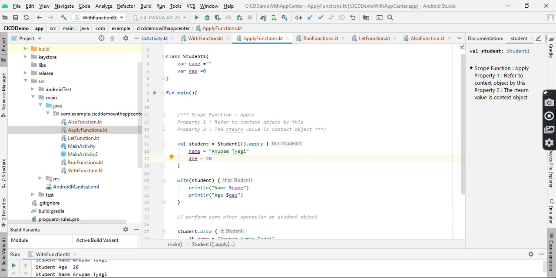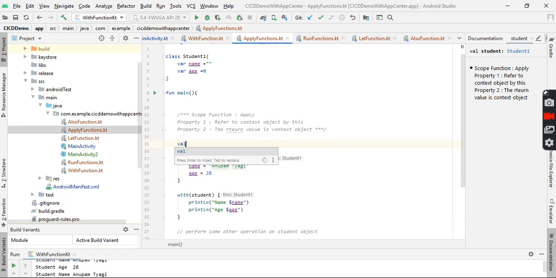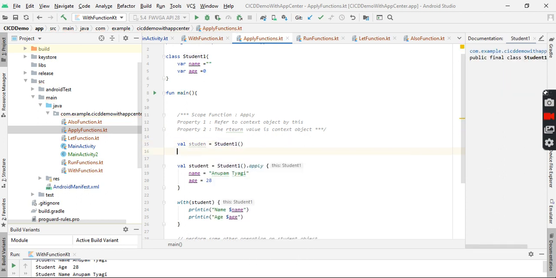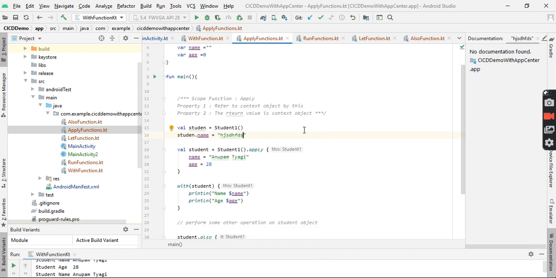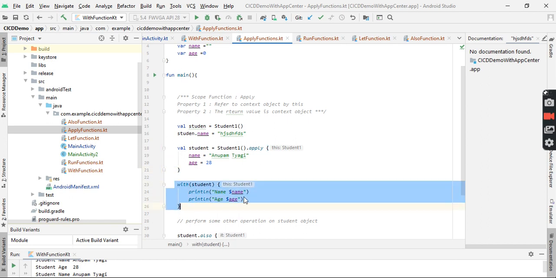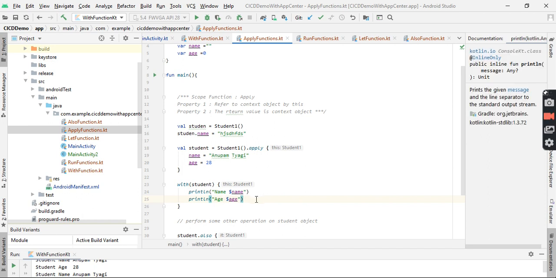Like suppose we used to do, let me show you in the demo, student dot. There is no need to define it here. Everything exists without the variable name because we use the lambda expression attached here. And with the with function we can also do this. The with function is basically accessing the value of the object by this property, so we can print the value here.